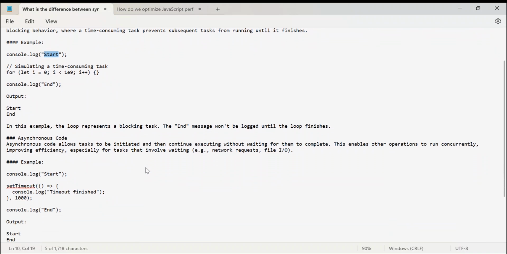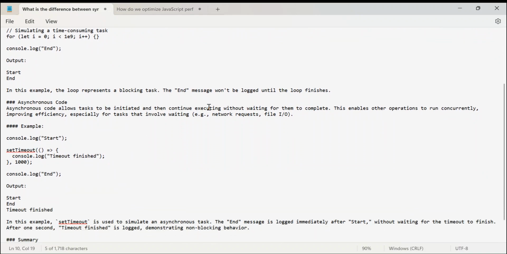Asynchronous code. Asynchronous code allows tasks to be initiated and then continue executing without waiting for them to complete. This enables other operations to run concurrently, improving efficiency, specifically for tasks that involve waiting. Example: network request, file IO,